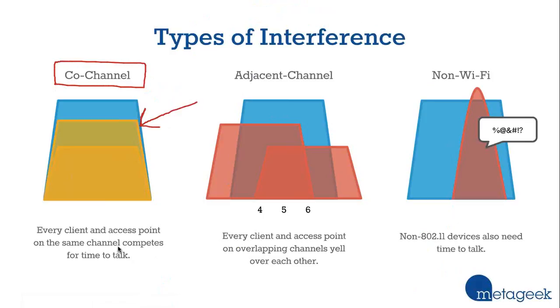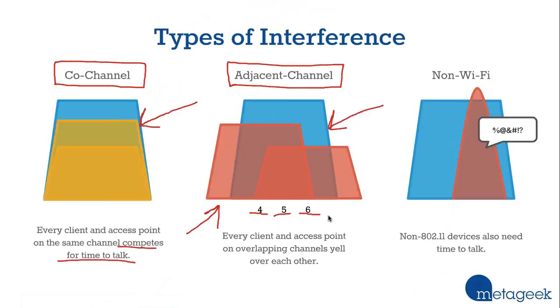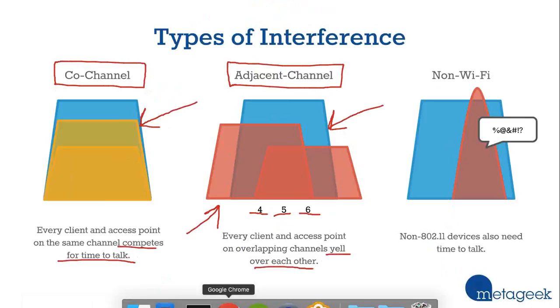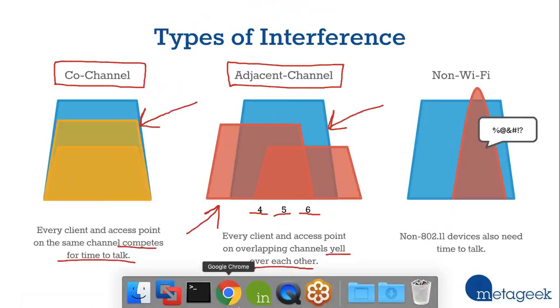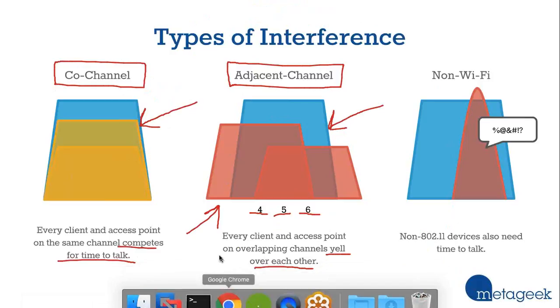They're going to compete for time to talk. Whereas adjacent channel interference occurs when we have networks that are on partially overlapping channels. Like maybe we've got a network on channel 4, and we've got another network on channel 5, and another network on channel 6. When networks are on partially overlapping channels, instead of politely taking turns, they're just going to yell and scream over each other. They're going to just interrupt each other constantly, and so it's not going to be a nice, fast, and efficient